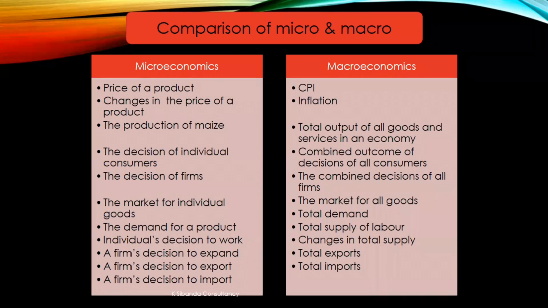If we are looking at microeconomics, we are saying an individual can just decide to buy goods from another country, or a firm can decide to buy inputs or goods from another country. But when you're looking at macro, you are more concerned about the total imports, the total number of goods and services that were actually bought from other countries. So in general, we are just saying,